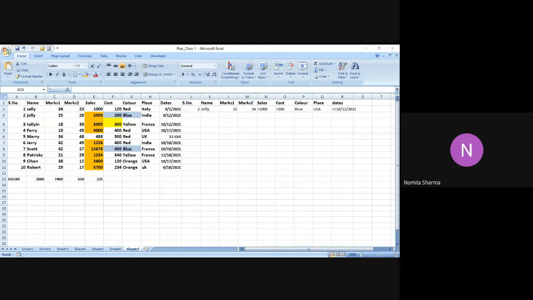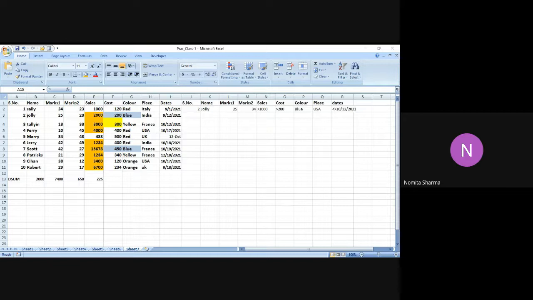So let's see, the syntax is very simple. We have to mention DCOUNTA, database, field and the criteria. So it will count matching records in a database using a specified field and criteria. Unlike DCOUNT, which counts only the numeric values, DCOUNTA will count both numeric as well as the text values. Empty cells, if they are there in the Excel sheet, are going to be ignored, and we can use DCOUNT to count only the numeric values.